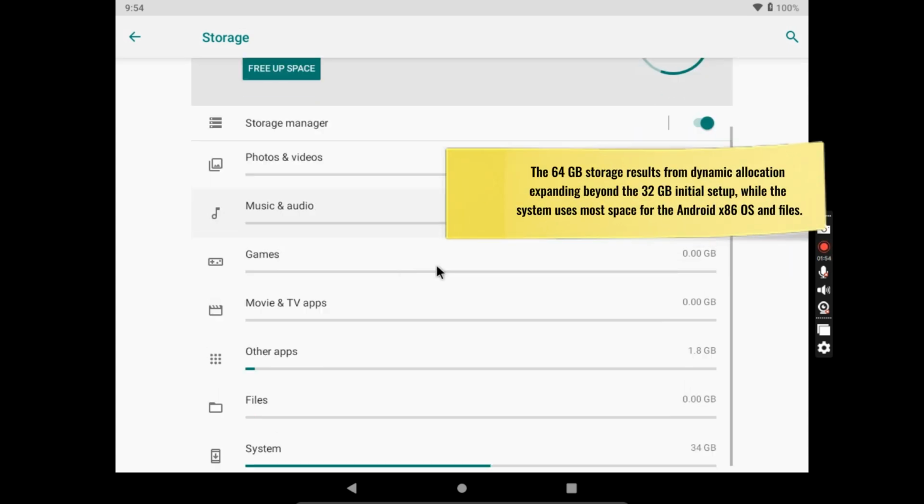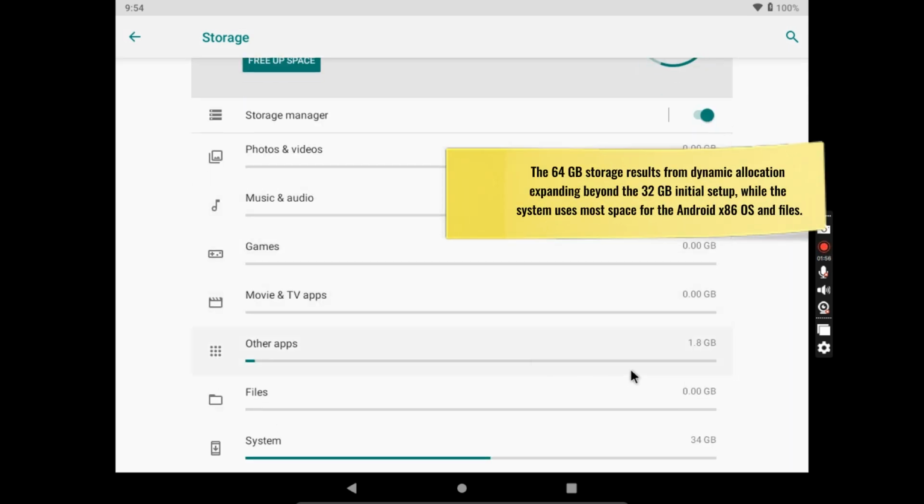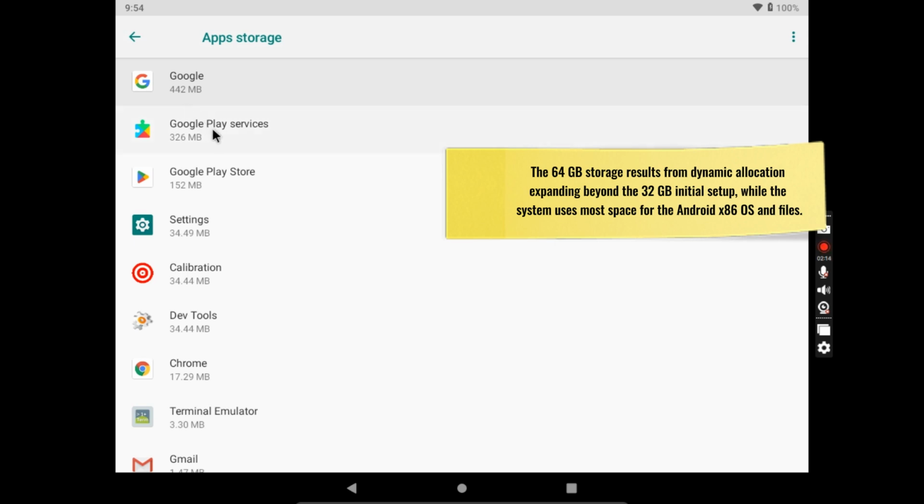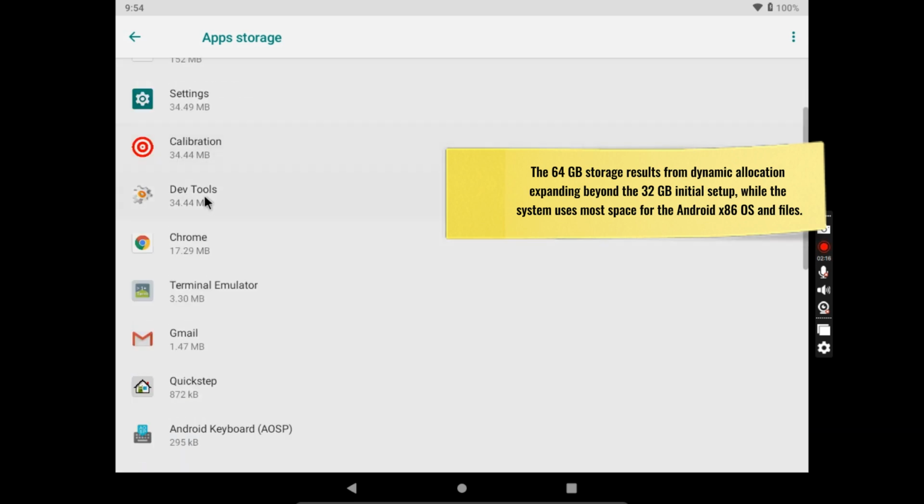Now let's take a look at storage. You'll notice that there is 35.6 GB used out of the 64. Remember that we assigned 32 GB. Now this is probably